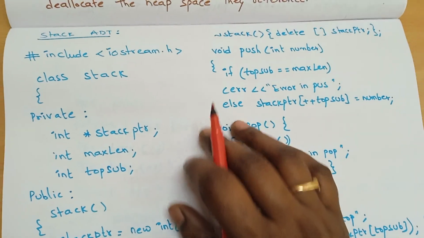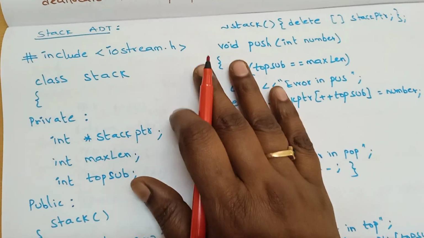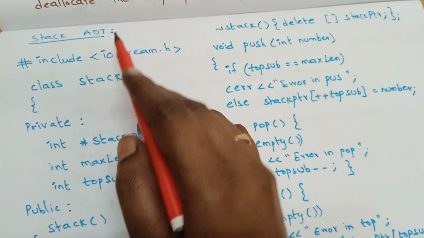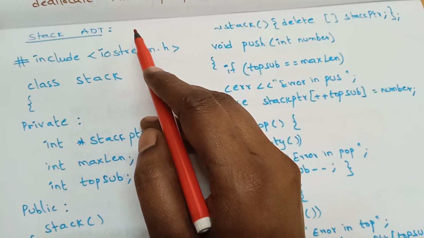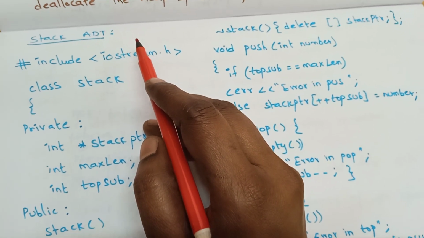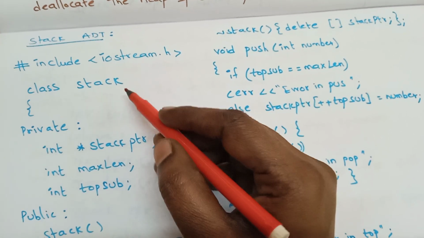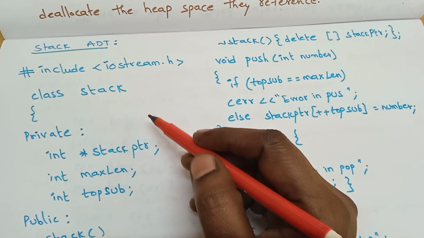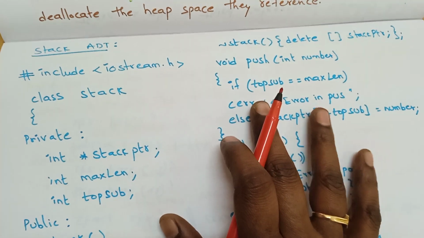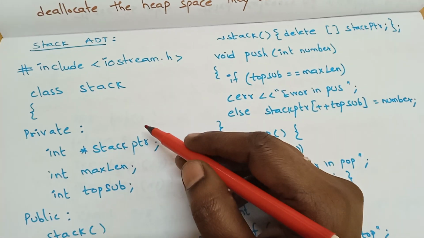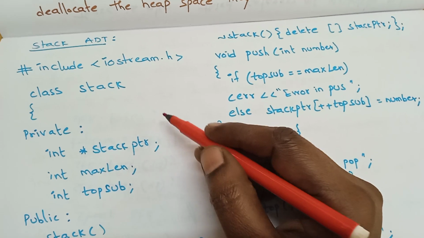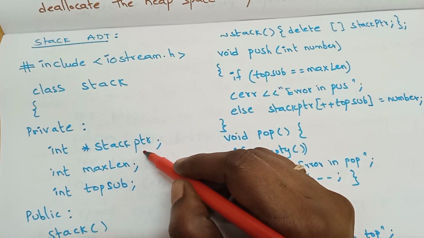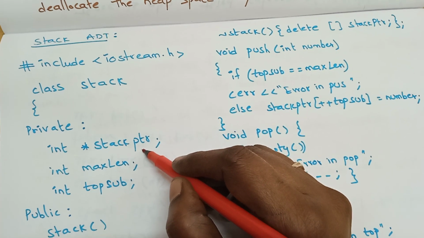Hello everyone. In this video we are going to talk about implementation of stack ADT using C++. We discuss only a few aspects of this class definition because it is not necessary to understand all of the details of the code. Objects of the stack class are stack dynamic but include a pointer that references heap dynamic